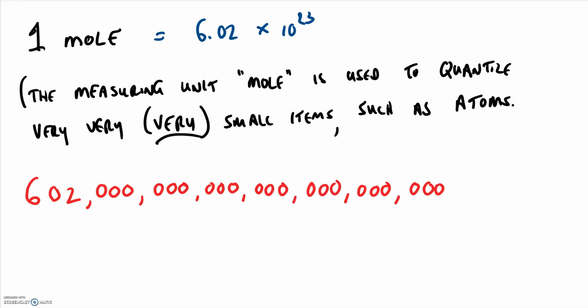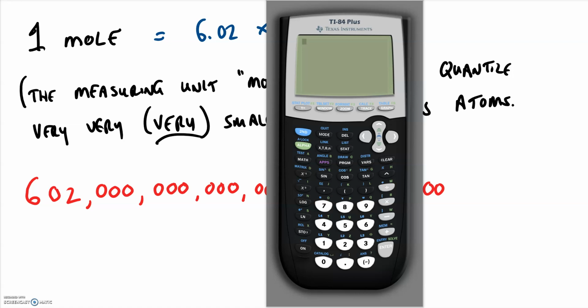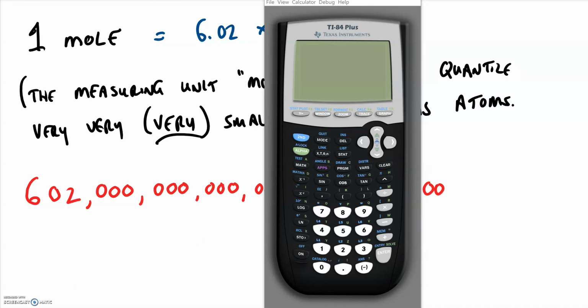That's a big number, and it's difficult to do on your calculator. So we use scientific notation. So let's bring our calculator up here so we can see what it looks like. Here on your calculator, we have a function here called the EE button. It stands for exponent entry. So on your calculator, when you're trying to enter 6.02 times 10 to the 23rd, it's going to look like this,